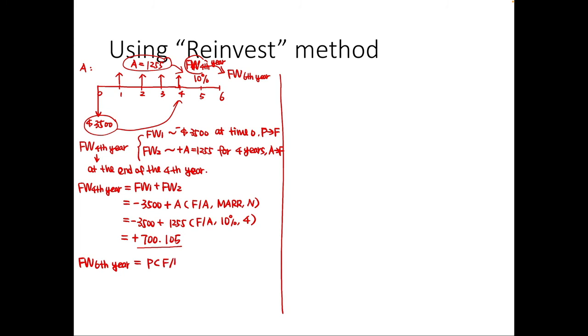So the formula is P times F/P, MARR, because we know it is still at the MARR interest rate for the new reinvestment. But the time is just 2 years, okay? So the N is 2. So the P is 700.105 times F/P, 10%, 2. So the final result is